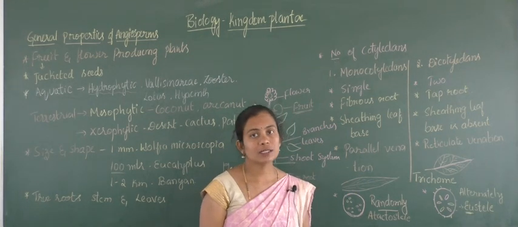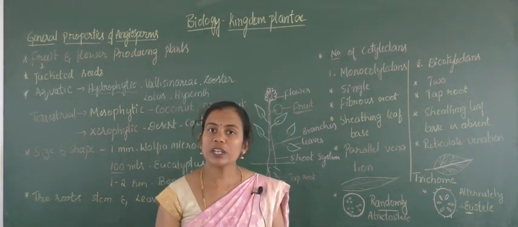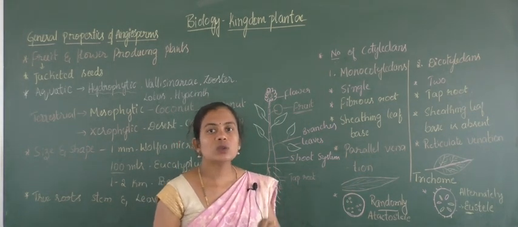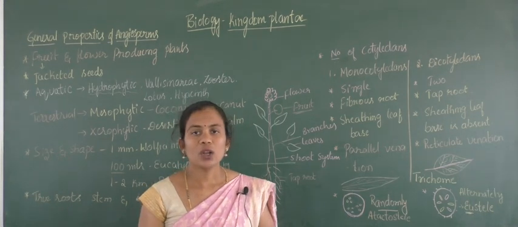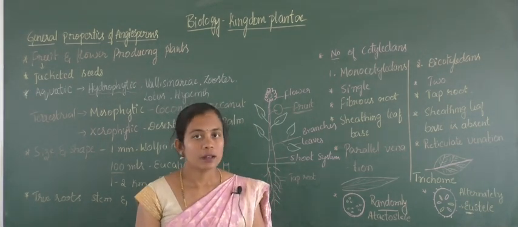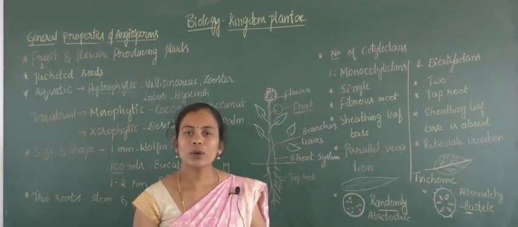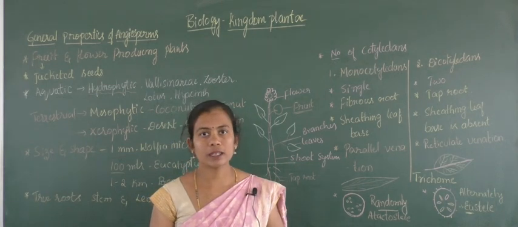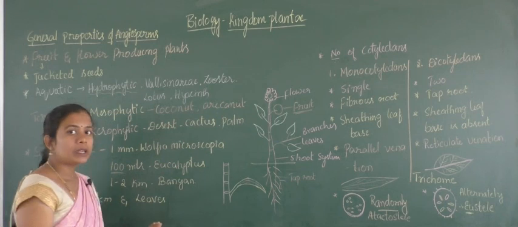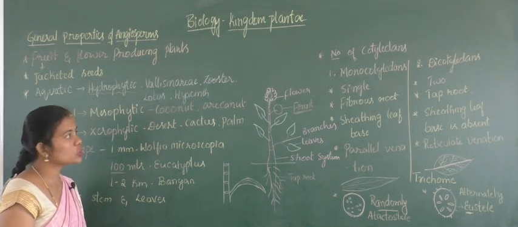When we are asked the difference between monocotyledons and dicotyledons, you should be very careful while writing the differences, right? And always you have to write valid reasons, not like monocotyledon single seed, dicotyledon double seed, like that, right? Keep it in mind. You are going to mention a few valid properties regarding the general properties of angiosperms. We have completed the general properties of angiosperms here.